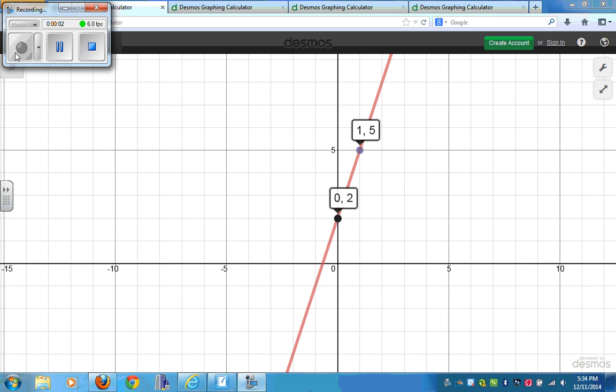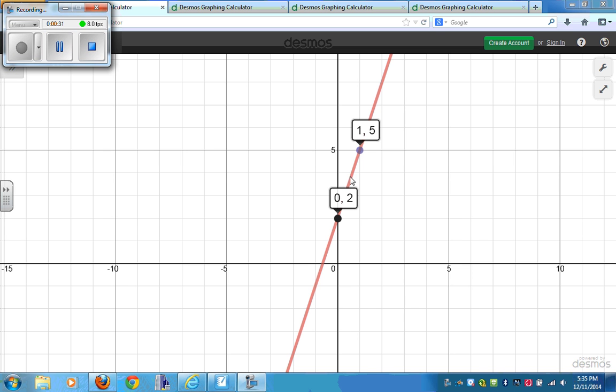Grade 11 and 12. Today we're looking at section 7.4, reciprocal functions. So here I have a graph of a line, and I want to see if I can determine the equation of this line. Well, I have my y-intercept is 2, and it looks like I rise 1, 2, 3, and run 1. So that probably the equation of this is going to be 3x